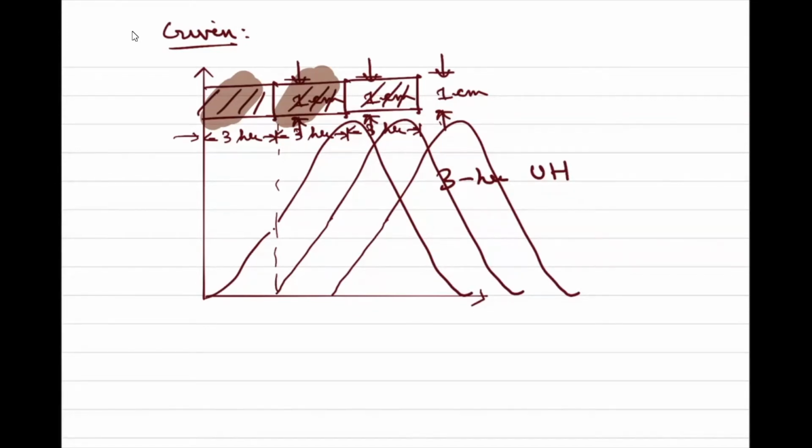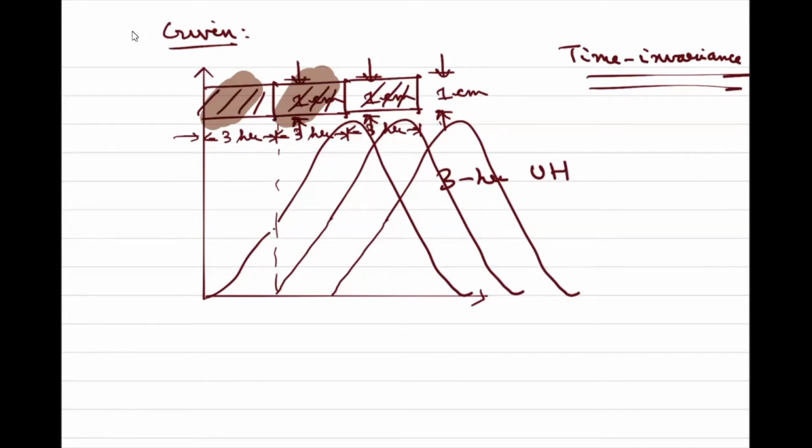This happened because of the assumption of time invariance, right? And time invariance means that it does not matter when that 3 hours of precipitation happens, the form or shape of the hydrograph is not going to change. Is it true? No, that is why we called it an assumption. Had this been true, we would not have called it an assumption, right?